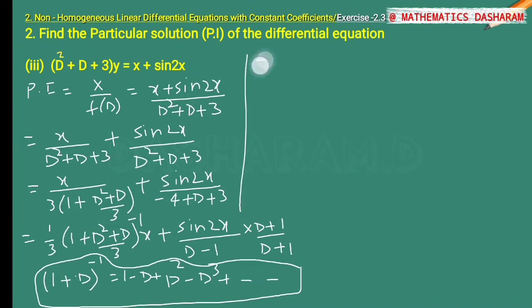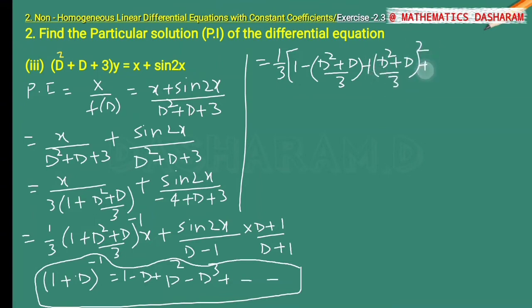So it equals 1 by 3. Here at the place of D we have D square plus D by 3. So 1 minus D square plus D by 3 plus D square plus D by 3 whole square minus dash